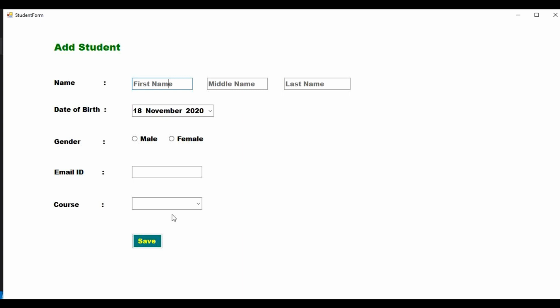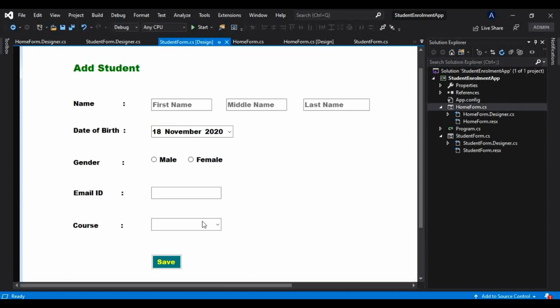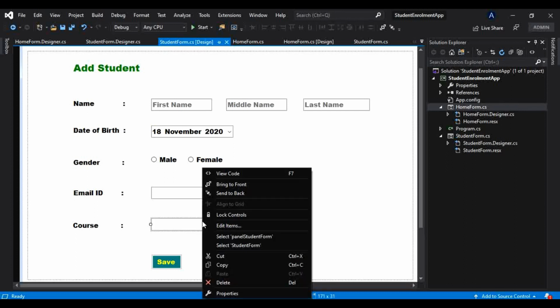And also I have told you in this courses, if I click on this arrow, there should be the courses in this combo box, and how we can fill that and how we can give these courses in this combo box, I will show you that. Okay, so let me close this. So here we want to add some items in this drop down.